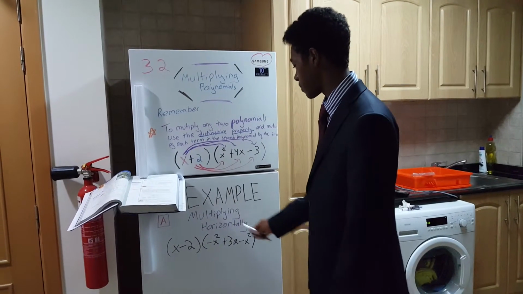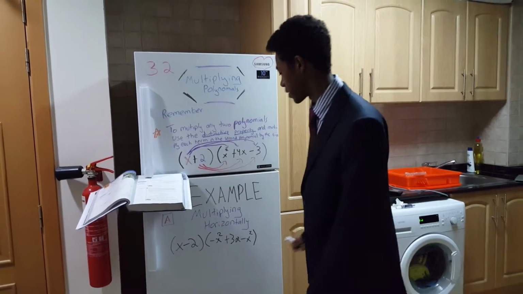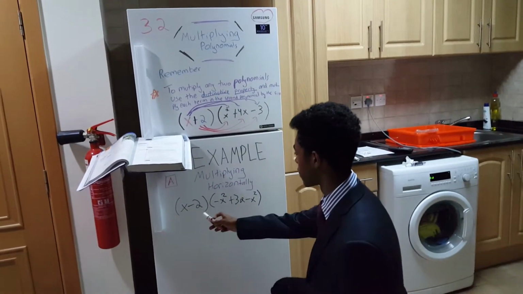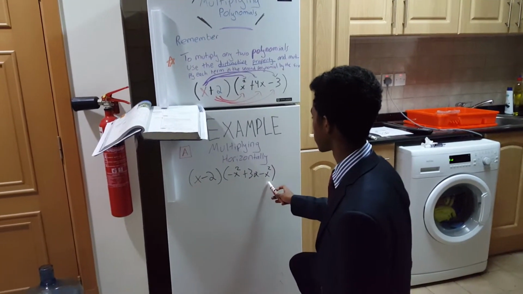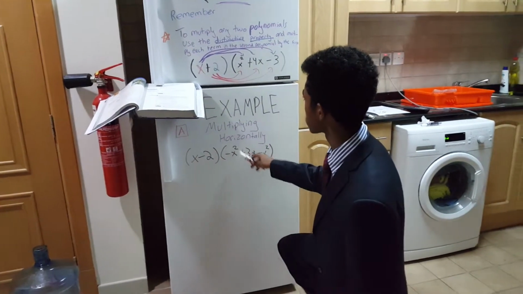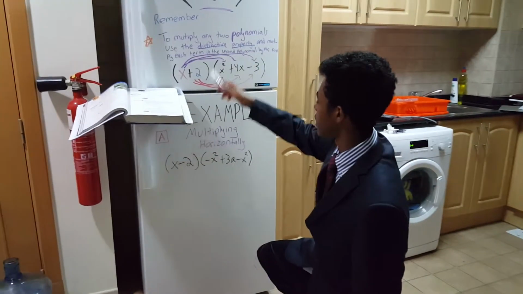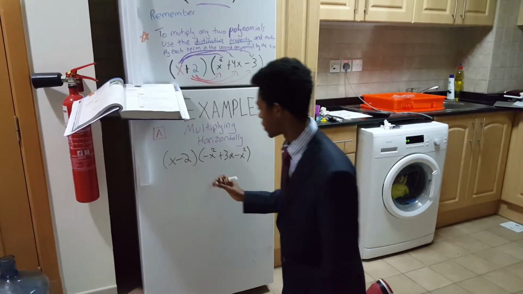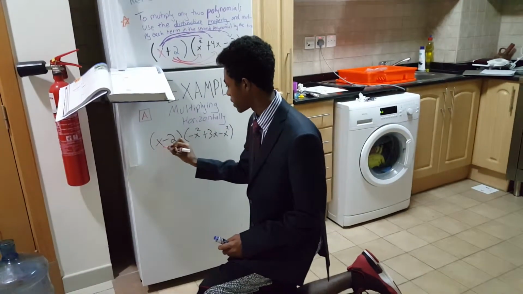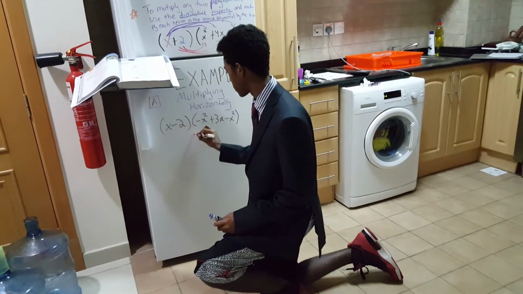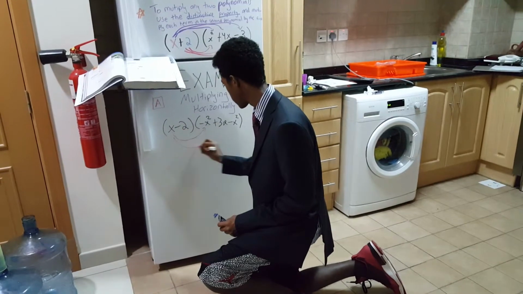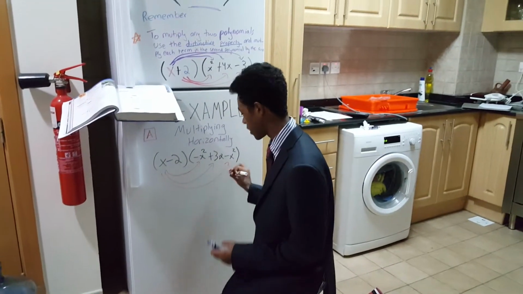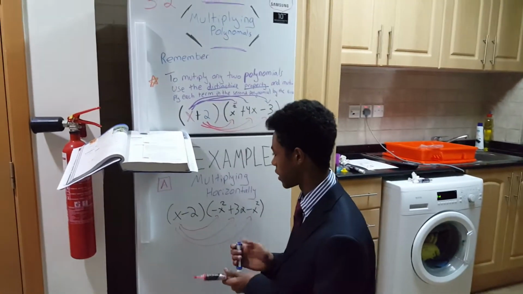So here's an example of multiplying polynomials horizontally. Over here, x minus 2 times minus x squared plus 3x minus x squared. When we multiply this, we have to use the distributive property since it has two polynomials. So the distributive property states you have to multiply like this. Multiply each one, the first factors, and then